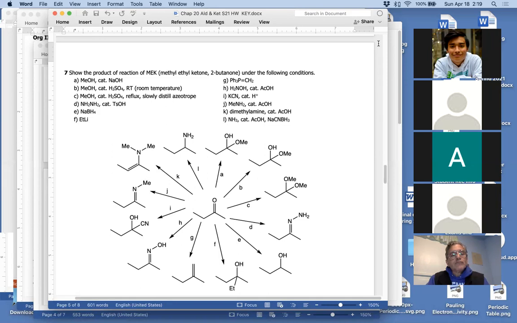It looks to me like A and B are kind of like nucleophilic addition in basic and acidic conditions, respectively. Yeah, they give the same product too. Yeah, and then with C,